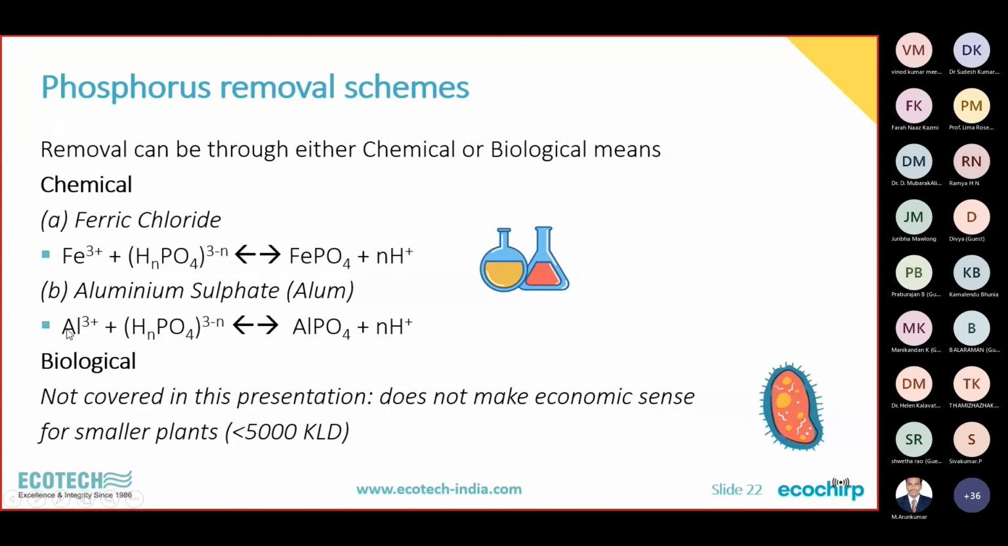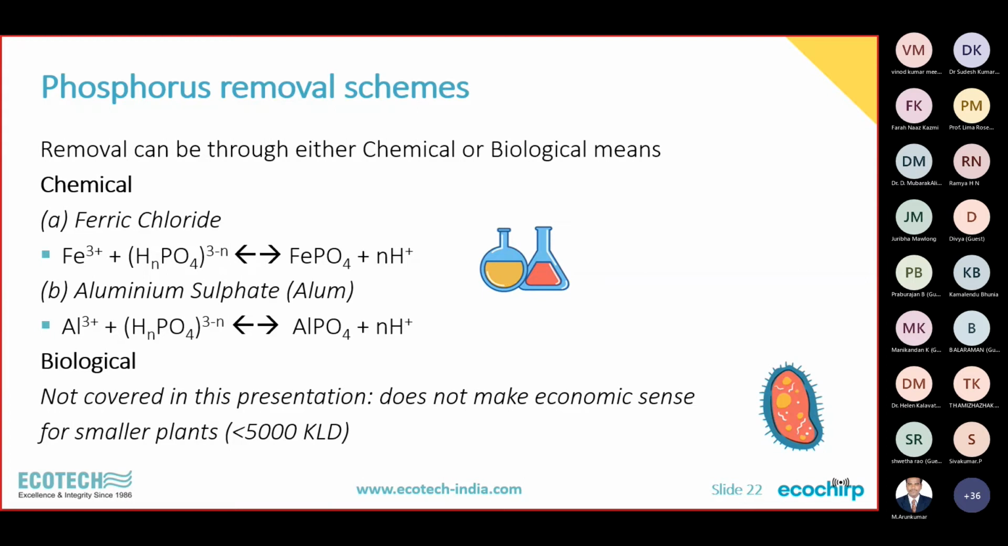Phosphorus removal schemes. Removal can be either by chemical or biological means. By chemical means, we use ferric chloride, aluminum sulfate. These are the typical standard coagulants in wastewater treatment, as you can recall. Even for the textile industry, we use lime plus ferric chloride, lime plus alum, things like that. Very versatile